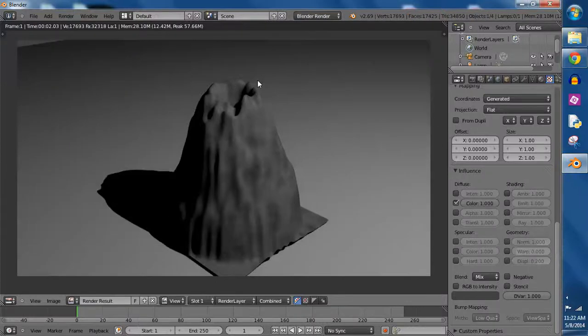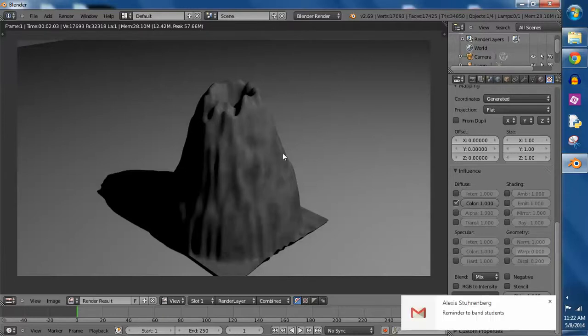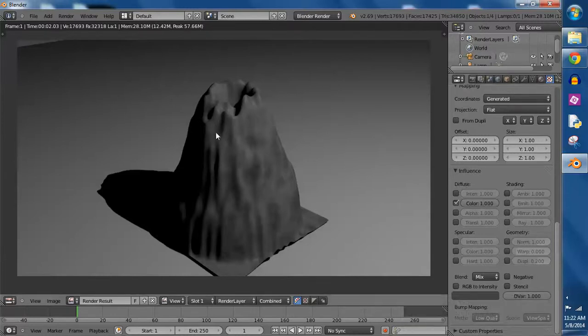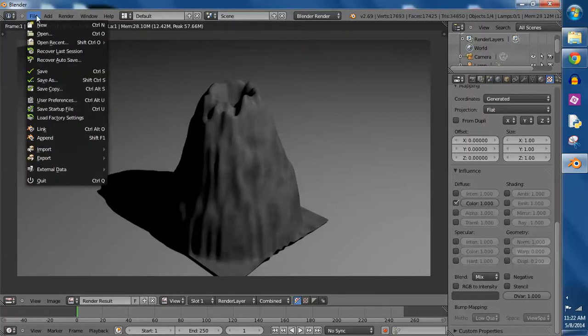Hi there. Today I'm going to be showing you a Blender tutorial on how to make a simple volcano or landscape or really anything, mountain maybe, on Blender. It's pretty simple. Hopefully it looks a little bit better than this because this was kind of rushed. But anyway, start up a new file